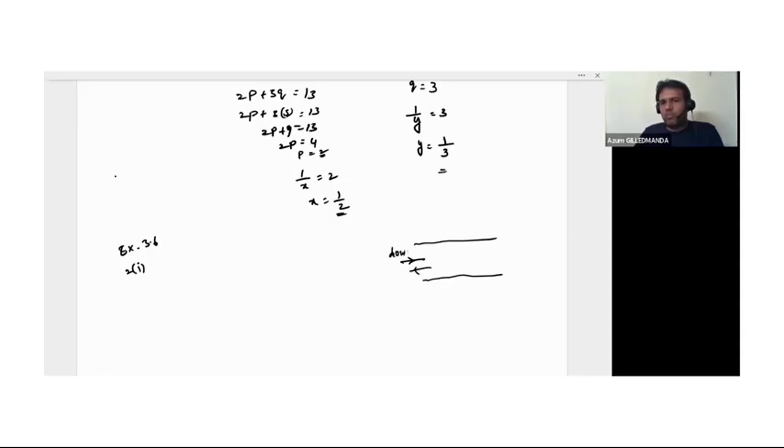This is downstream, this is upstream. The flow of water is from this side to this side. Then if you are going along the flow of water, the current of the river, that is downstream. If you are going against, that is upstream. Okay,